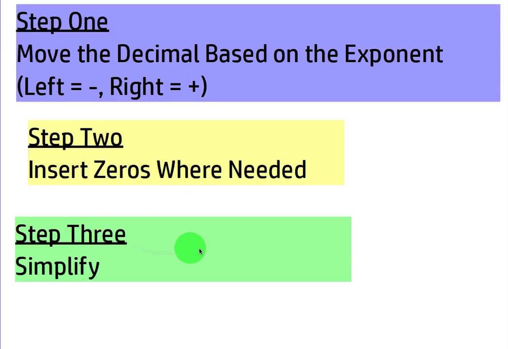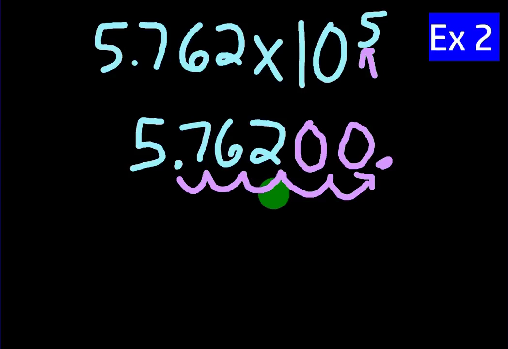So, basically, how do you simplify this number? Well, it's pretty simple, right? You don't really need this decimal in the end, right? I mean, we moved it, which was great. That let us know we need to add these 2 zeros. But whenever you have a number and there's a decimal all the way to the right, you don't need it. In other words, the final answer here is